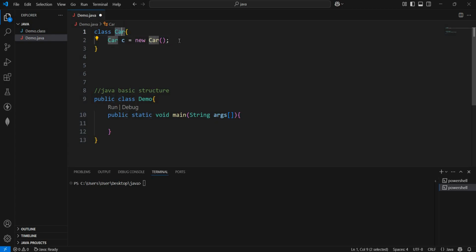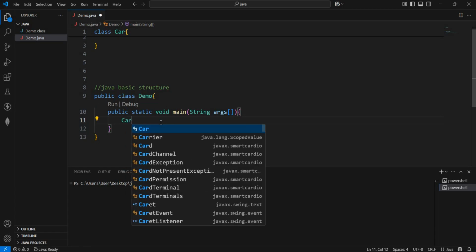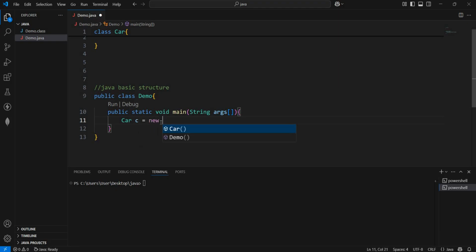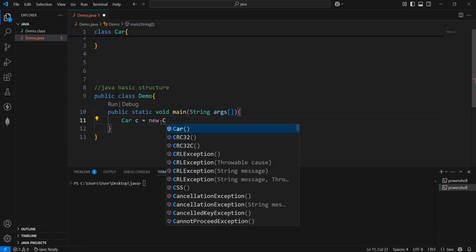But I said another thing, if you remember. The object for this car class should not be created inside the class, but it should be created inside the main method. Exactly. Suppose we have created a class car here, the object related to this class should not be created inside this class. It should be created inside the main method. So let's remove that from here. Let's create that object here. Car c = new Car();